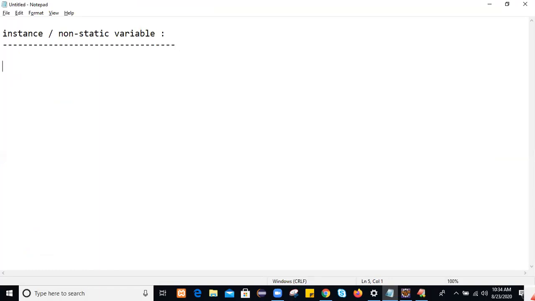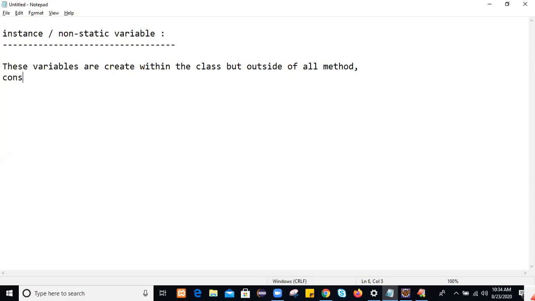So instance variables are created within the class. We create this variable within the class, but outside of all methods, constructors and blocks.